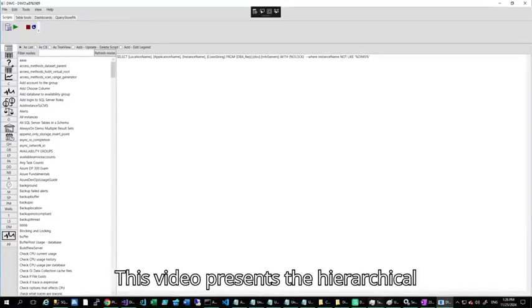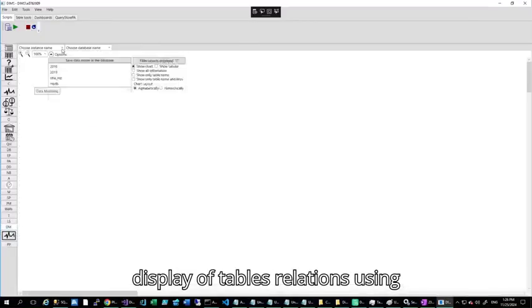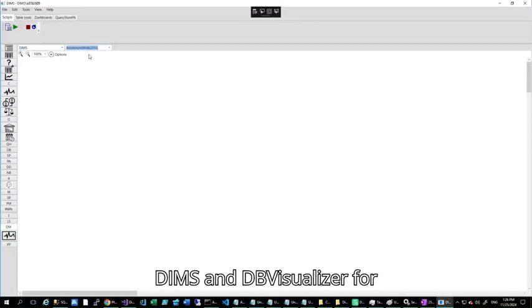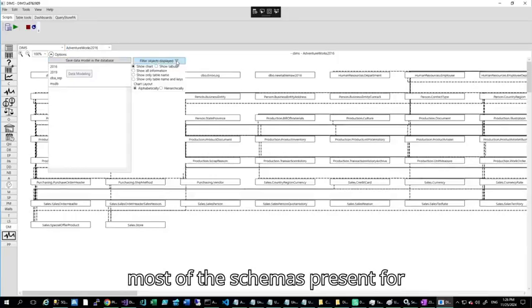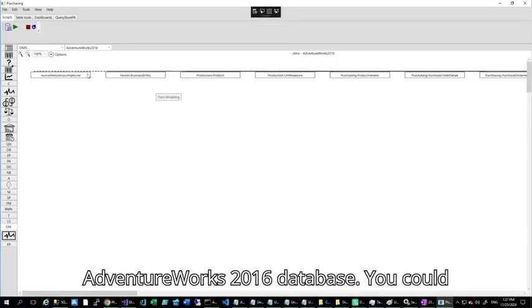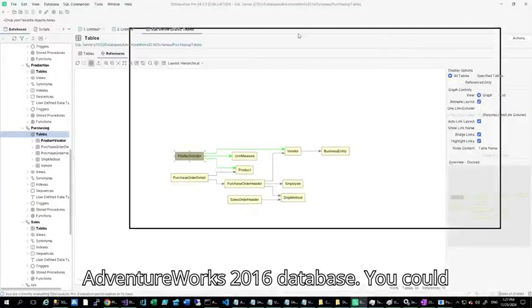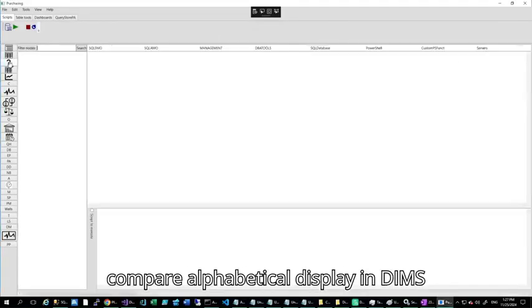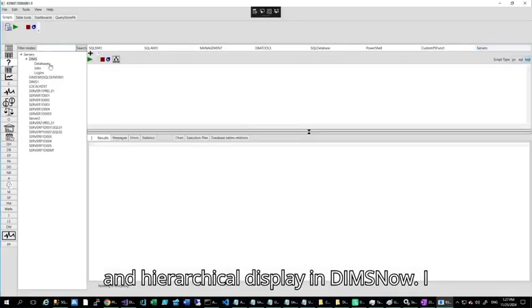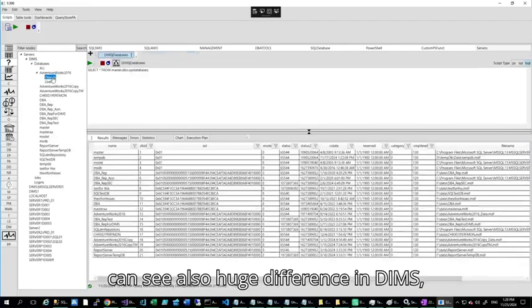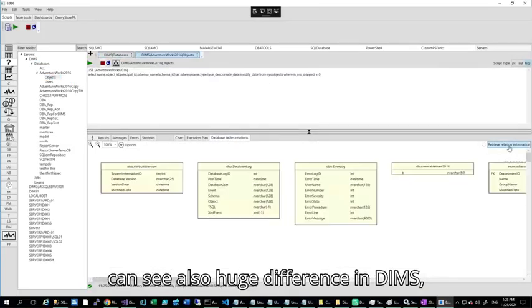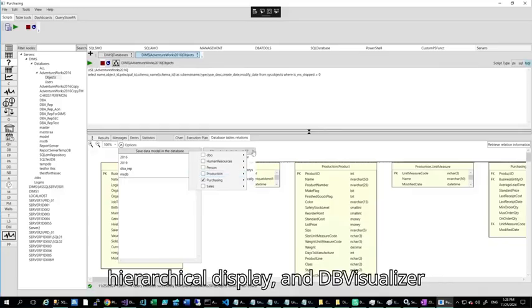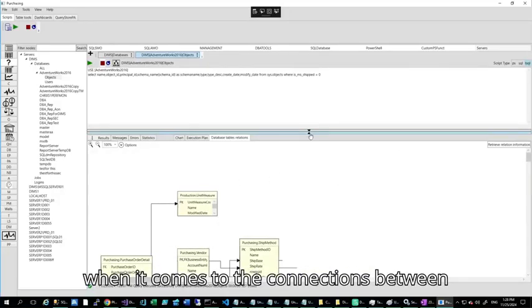This video presents the hierarchical display of table relations using DIMS and DB Visualizer for most of the schemas present for the AdventureWorks 2016 database. You could see two huge differences if I had to compare the alphabetical display in DIMS and the hierarchical display in DIMS. Now I can see also a huge difference between DIMS hierarchical display and DB Visualizer when it comes to the connections between